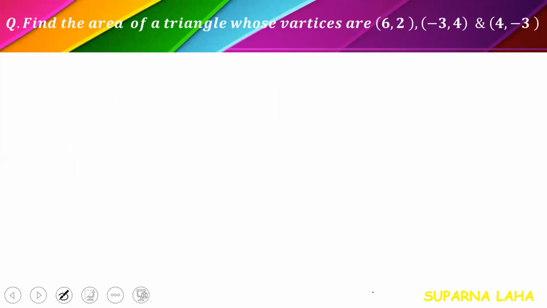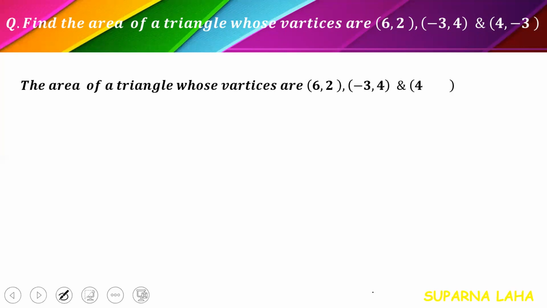This is chosen from the S N D exercise 2C, 4 marks questions. Question number 2. Find the area of a triangle whose vertices are given. So the vertices are given, you just need to find its area. That is, put these points in the determinant and you can easily find the value of the area of the triangle.